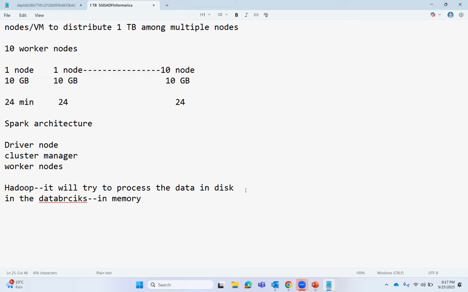But if you are dealing with a large amount of data, which is why we are using Databricks nowadays, it will distribute the data. Second, if you process the data in memory, we can reduce a lot of the input and output operations required. Because if you use the disk for a larger amount of data, it will require shuffling the data across different virtual machines,